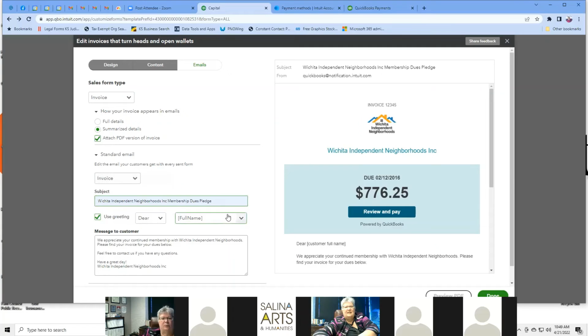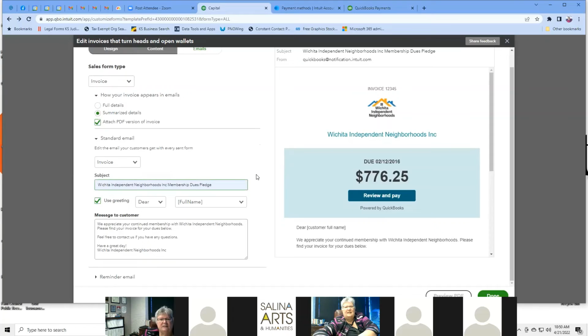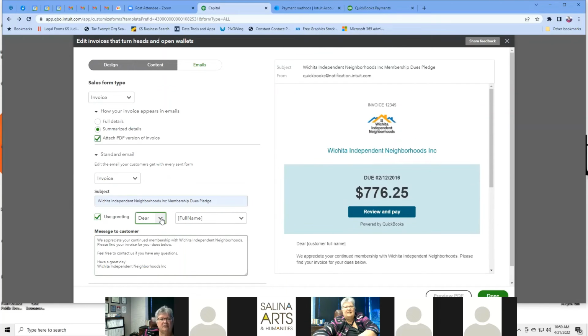It's not like that with the for-profit option. I'm not crazy about that, but anyways, you can pick your greeting. So whether you want to use "to" or "dear," or leave that blank, you want to use their full name, or just their title and last name. How do you want that to be addressed to them? You want to just use the company name